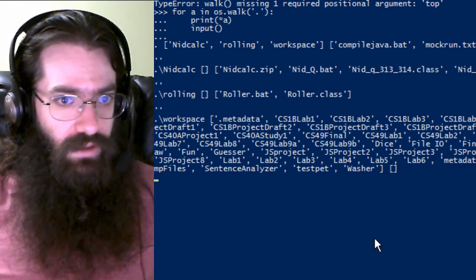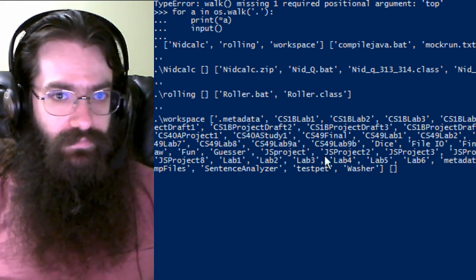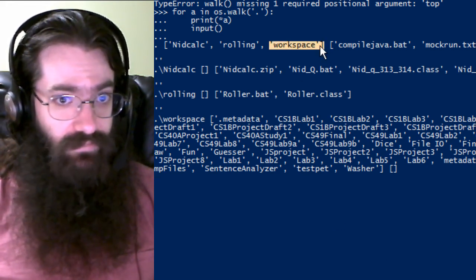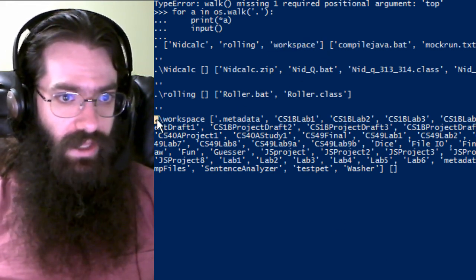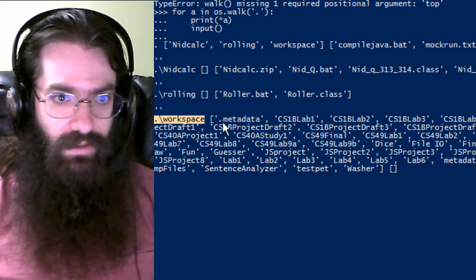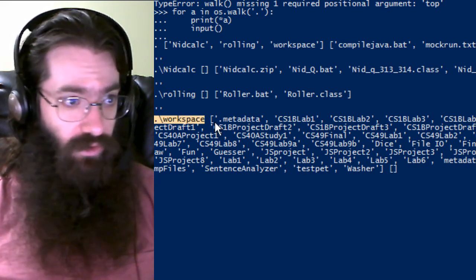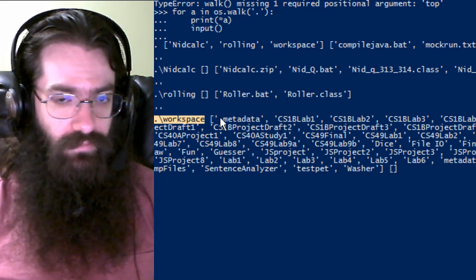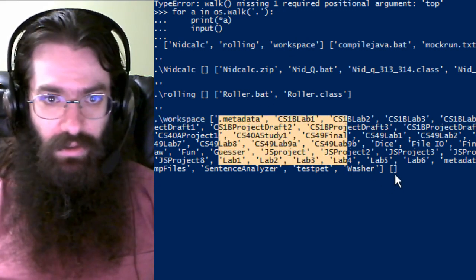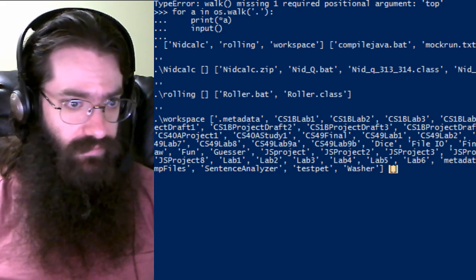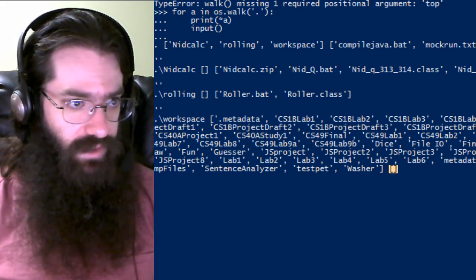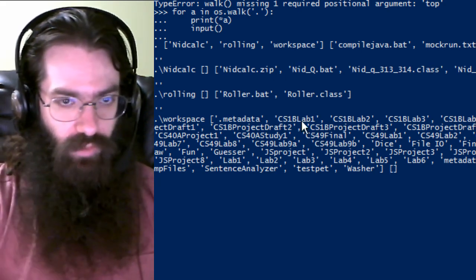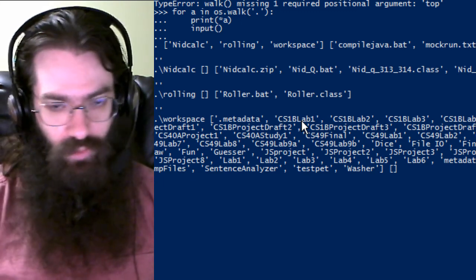And then it will be Workspace. That was the next folder in here. So we have workspace, which is where we are, and there are many folders in workspace. All these things in here, and there are no files just hanging out in this directory. And so if I press enter again, because it's waiting for input after everything,